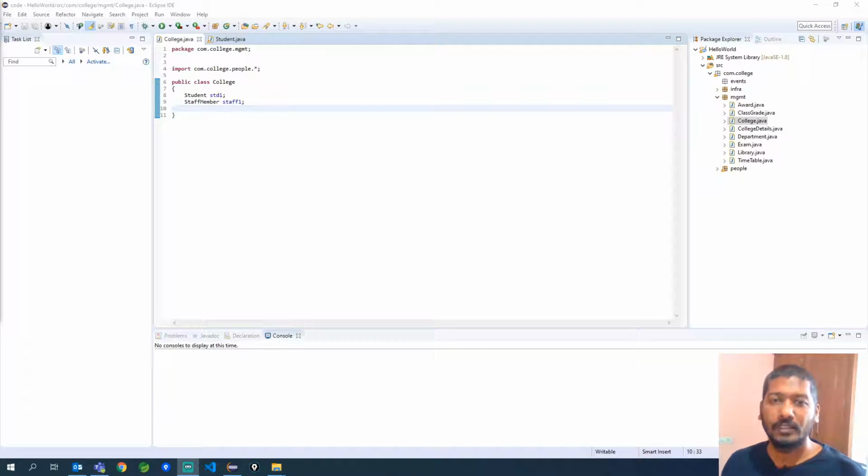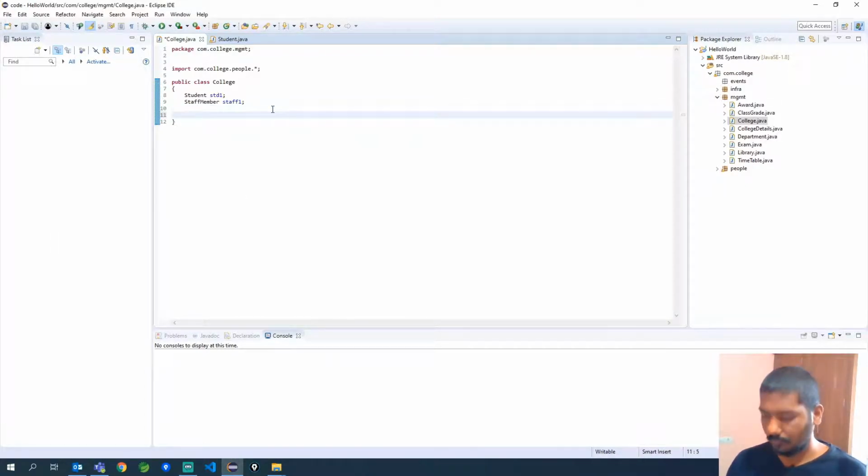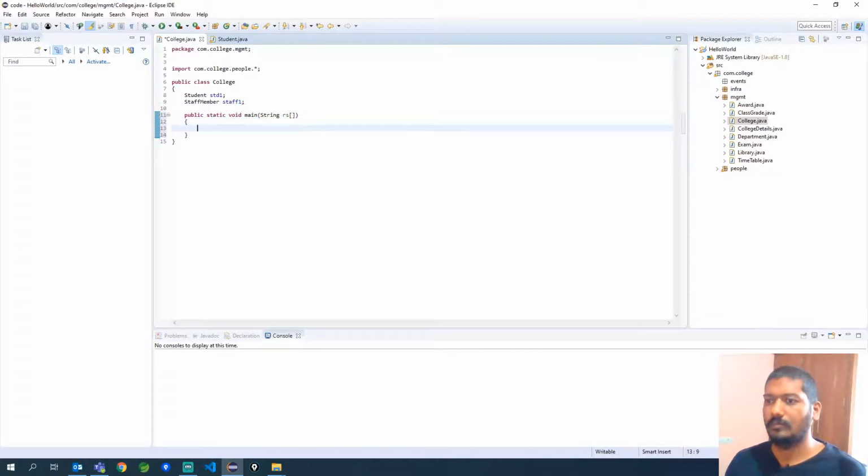Now we will create an object for college and see if we are able to access these classes that we have declared as data members of college.